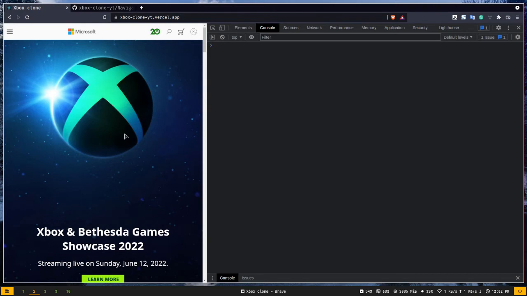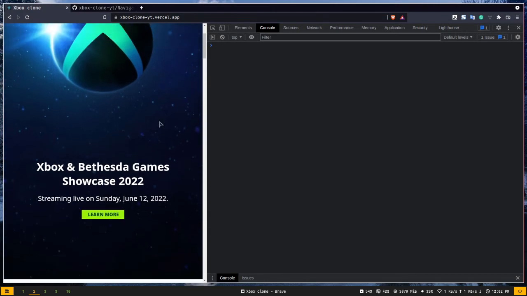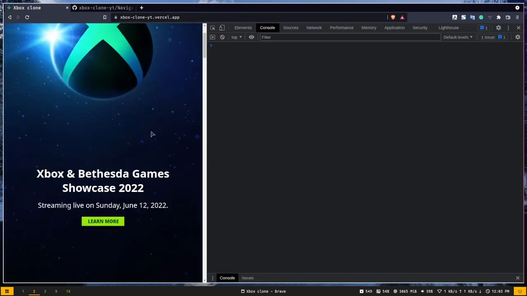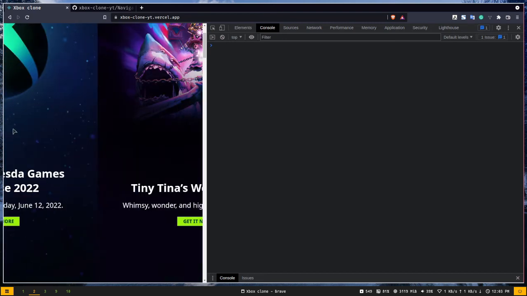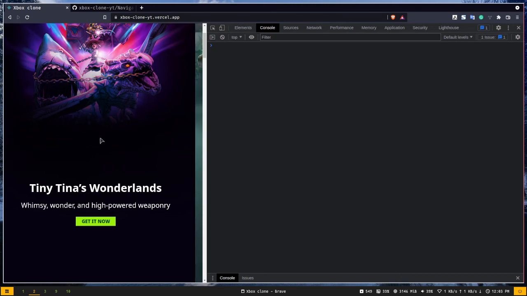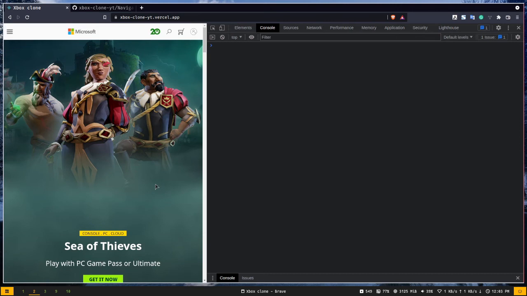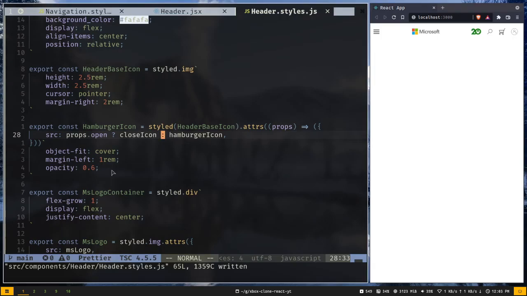Now let's work on the hero section. This hero section has this image, then a title, subtitle, then a CTA button, and it also has this swiping feature, which will be achieved by swiper.js, and also this one has this yellow tag. So let's work on that. First of all, we're going to create a single hero section, then we will add other tools. So let's close all these files,